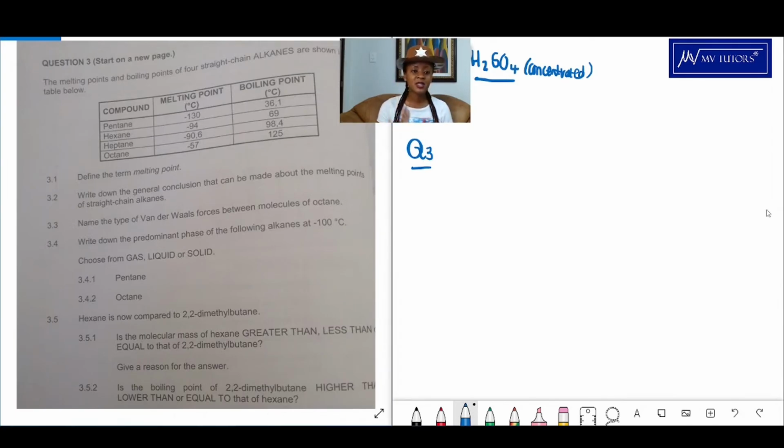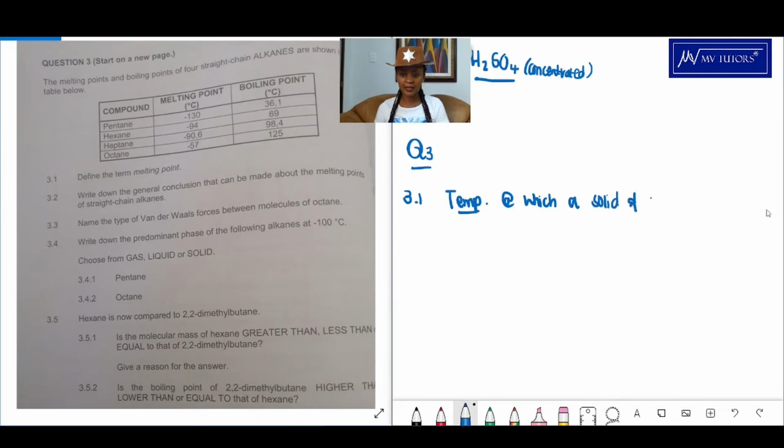Now define the term melting point. Okay, so loosely translated, I would say the melting point is when a solid turns into a liquid, or the temperature that the solid starts turning into a liquid. But let us formalize it. So a melting point, okay, it's important to mention that it's the temperature at which a solid